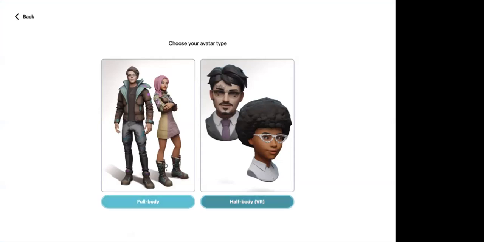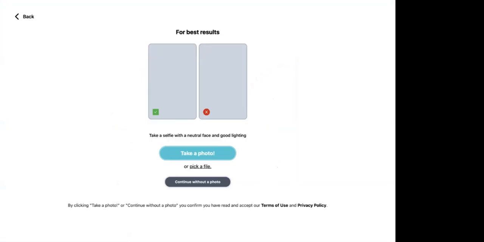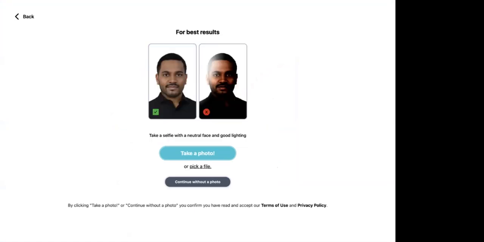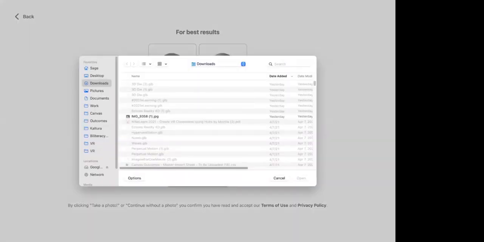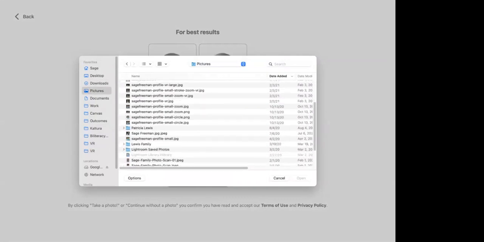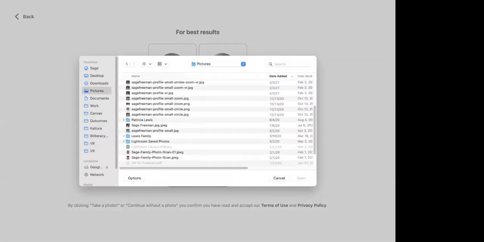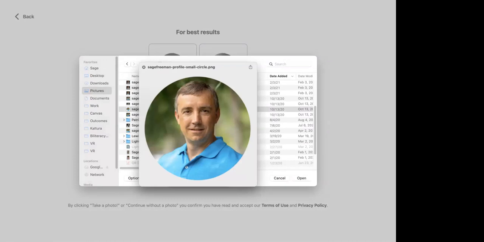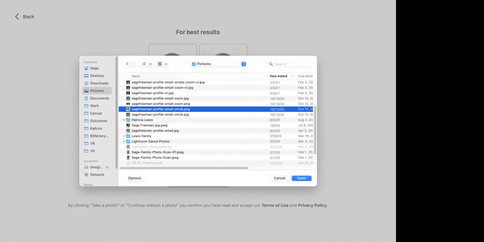They'll choose half body. Then I'm going to choose masculine this time for my gender. I am going to upload a photo. I can pick a file, and I just happen to have one. Here's a photo of myself. Let's see how well it does with this picture of me.